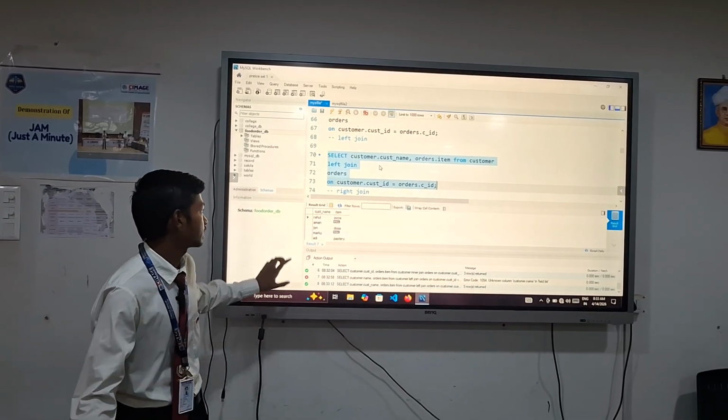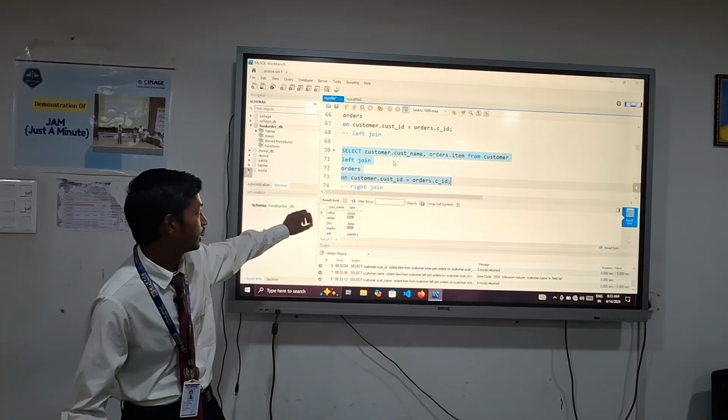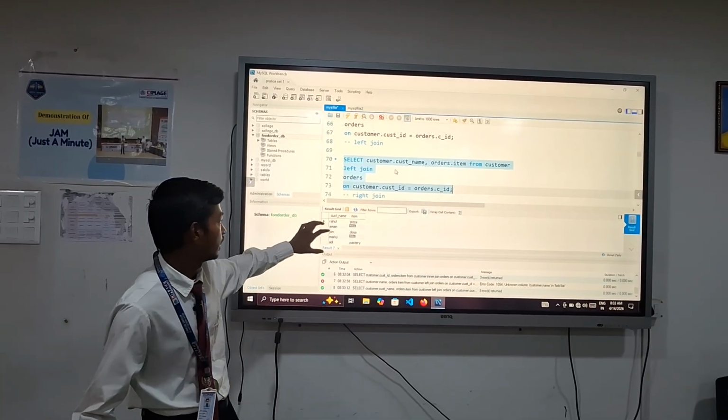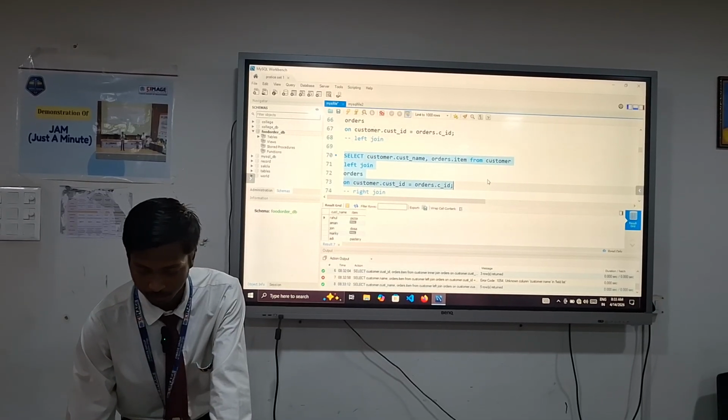So here it will give the customer name and the item name, and all the customer names from the left table, that is the customer table, and items from the order, matching only.